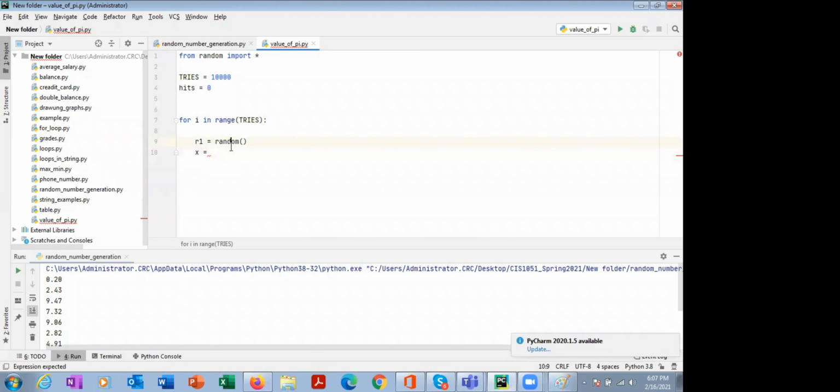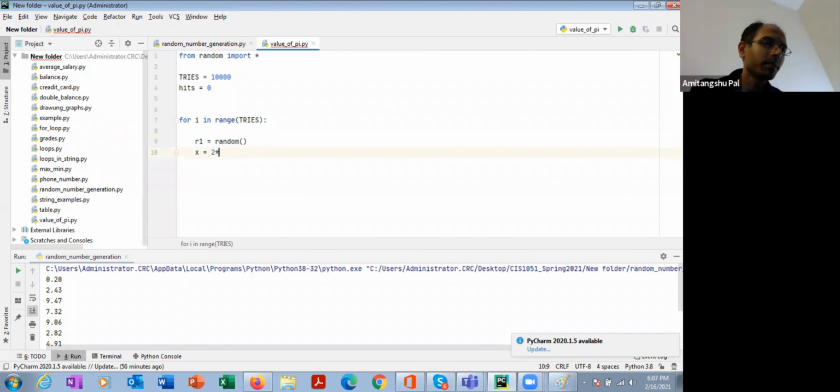Excellent. So let's see what happens if I multiply by 2 and then subtract 1. I know that R1 is in between 0 to 1, so 2R1 is in between 0 to 2, right? So 2R1 - 1 is in between -1 to 1.